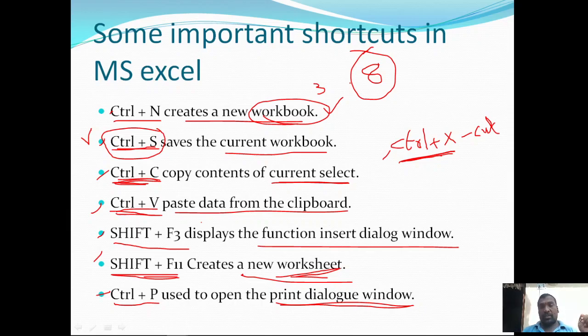Not only these 8, we have plenty of shortcut keys. Depending on the situation and the topic we are going to discuss, we can use several. Again, I am going to explain some other shortcut keys in further sessions.